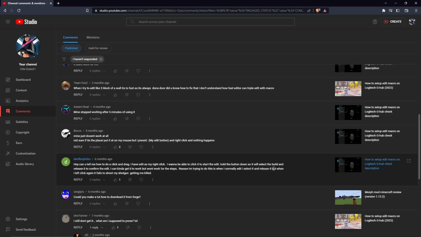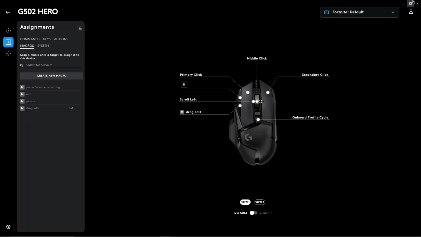What you want to do is you actually want to set it to no repeat. That is my fault. I didn't realize that's what you really needed to do, because if you have it on repeat while holding, if you just keep holding it, it'll keep doing it. But if you have it as you just click it, it'll do it once and then it'll be done. Go back to here. I click again, fails to shoot my shotgun, give me kill. Okay,